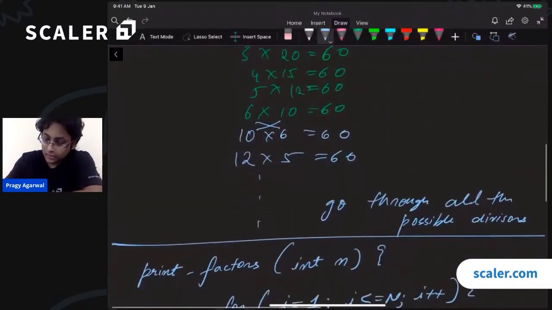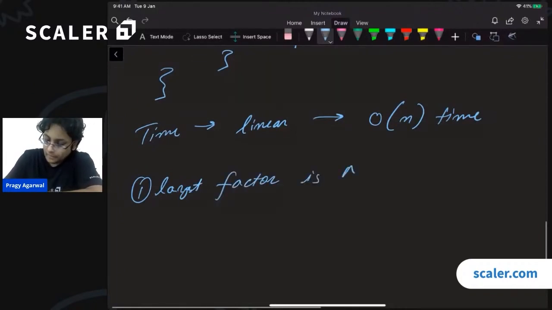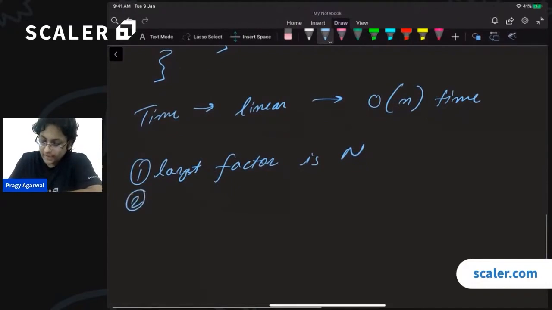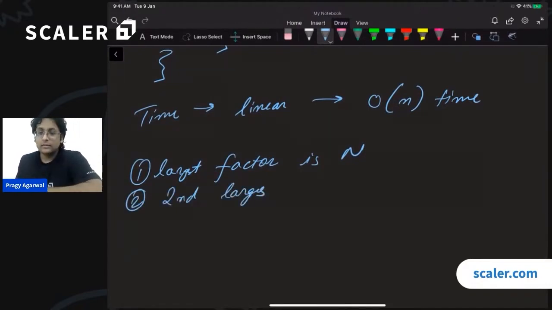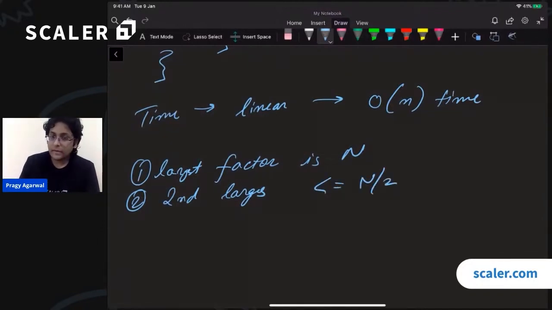So I know that the largest factor is n itself. What about the second largest factor? That must be less than or equal to n by 2. That factor must be less than or equal to n by 2. Why? Because if it is greater than n by 2,